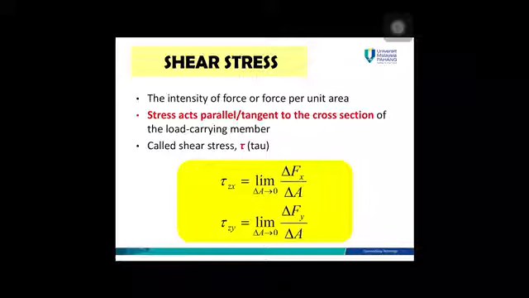The symbol is tau. It is also force per unit area because it is also a stress, but now it's acting parallel. Just now normal stress acting perpendicular, shear stress acting parallel. The symbol is tau. This is the formula. Tau, or shear stress, is equal to F over A or V over A, whereas V is equal to shear